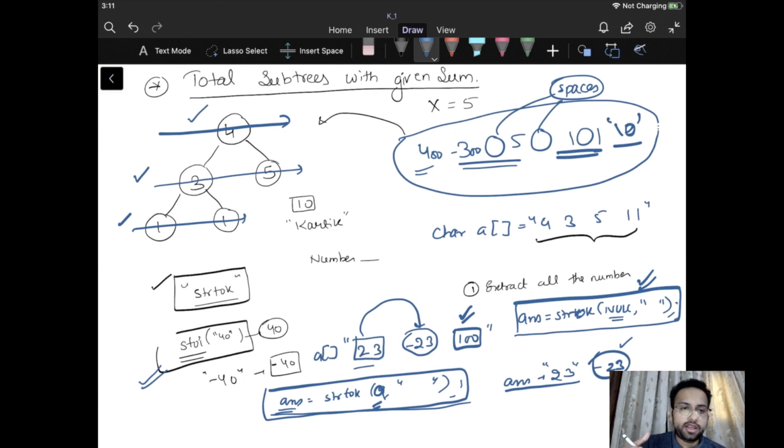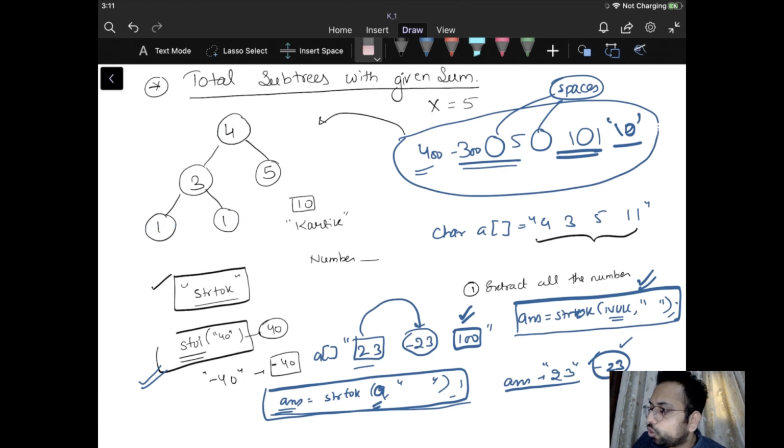When we are iterating on the tree level wise, we need to iterate it using level order. I hope that all of you know how we can iterate over the tree using level order. The next thing that you can do is you can also create a tree using level order. So first of all, when we are trying to create a tree using level order, the first thing that we do is we create the root node first. So I'm going to create the root node first.